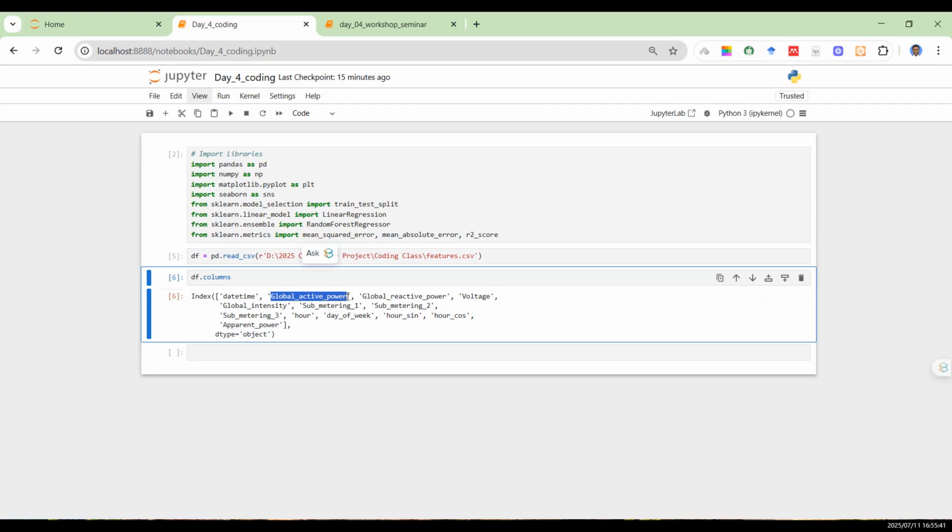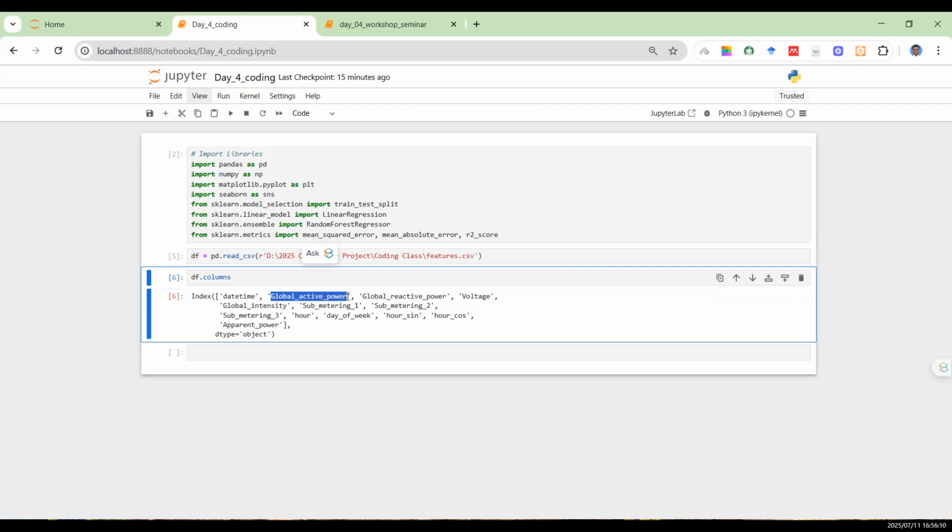First, you need to determine what your target is. What is the target variable? What you want to predict? The outcome. So we have identified that this is the global active power because we want to predict how much power is consumed in a particular household. So therefore, that is going to be our label Y. So we're going to drop that from the feature data. All right, so we're going to drop date time and the global active power so that they shouldn't be part